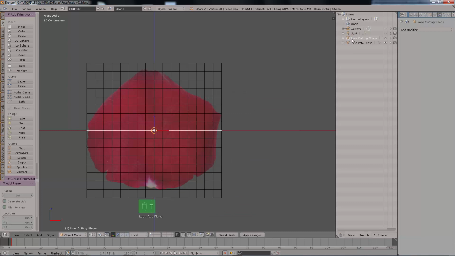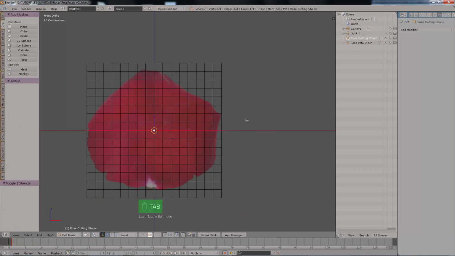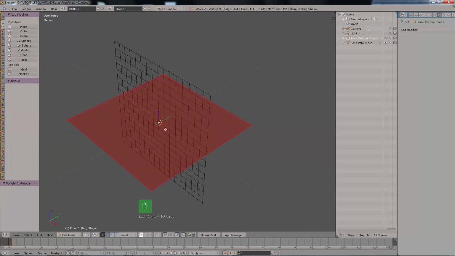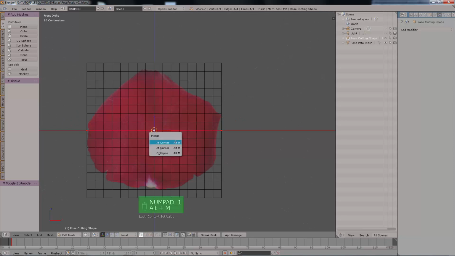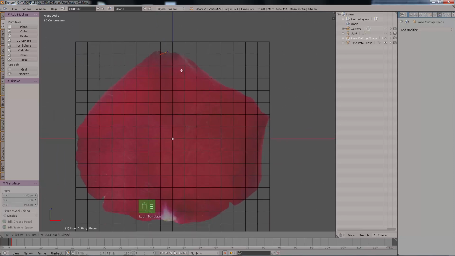Actually, I'm going to enter edit mode, and go into vertex selection. Then I'm going to press Alt M, and then everything gets merged into a single point. Now I'm going to drag that point all the way up to the head of this petal flower, and then